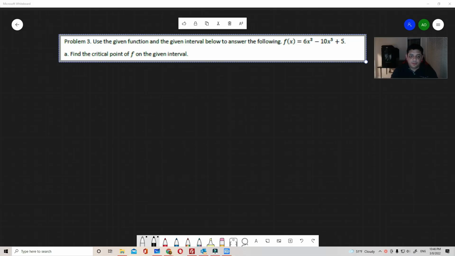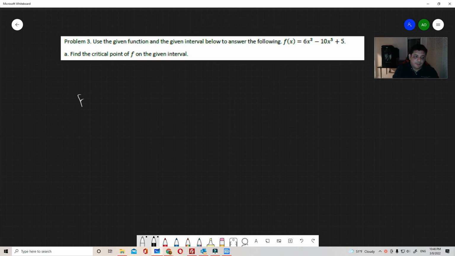In this video, we're going to go over some other examples of how to find critical points, maximums, and minimums on a given interval. So first, let's just go with the basics. How to find critical points. For any given function, the critical points have two different approaches. First, we can find where f prime of x is equal to 0, or where f prime of x does not exist. Okay? And the example here, we have a function f of x equals 6x cubed minus 10x to the 5